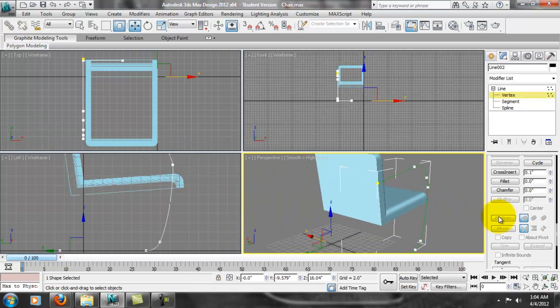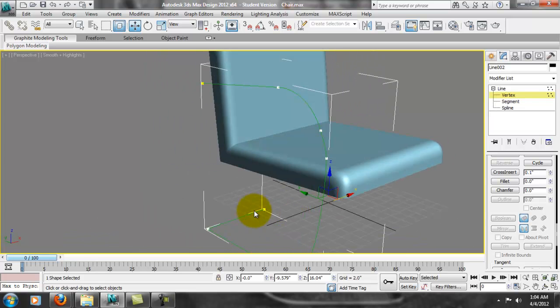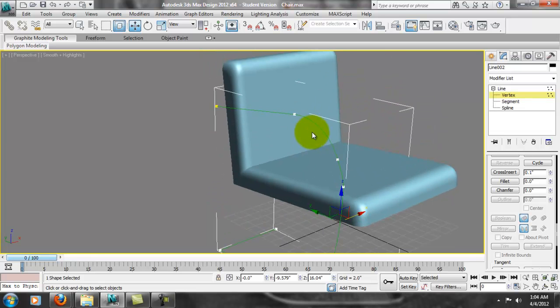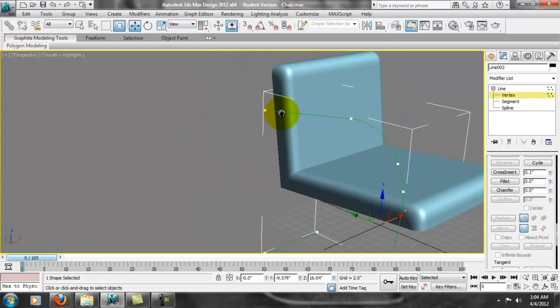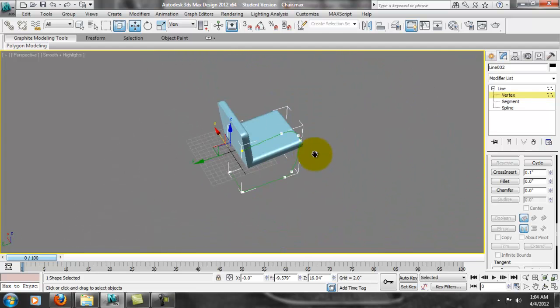Alright, so just looking at the actual line segment here, we can see that we start off here and we come on and switch different planes. Then remember we had to weld this, and then we come up here and back, and now we need to go over on the top plane one more time here. Okay, so